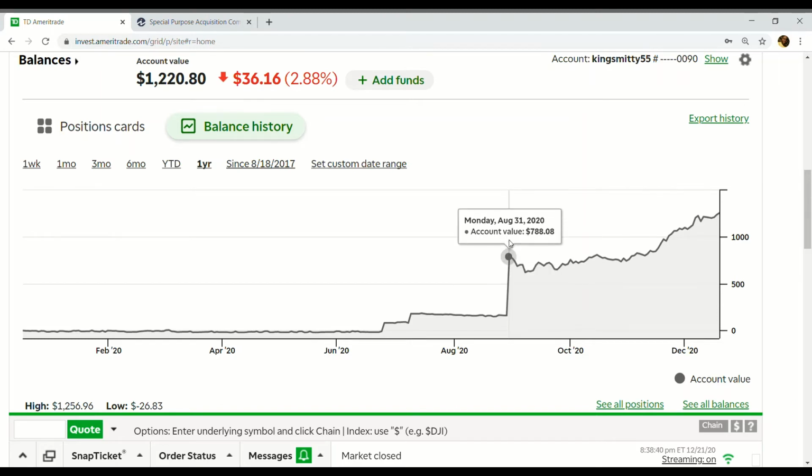Then the Tesla and Apple split happened, so I definitely funded my account for those. Definitely might have hit some FOMO on that, the fear of missing out for those who don't know. But at the same time, it was my first time buying a stock split.